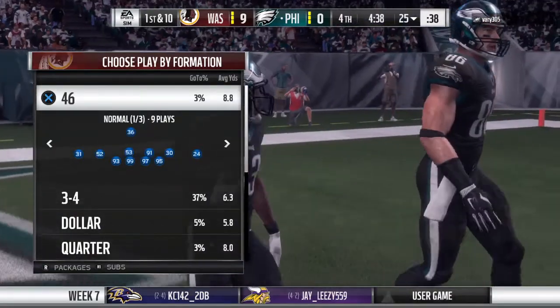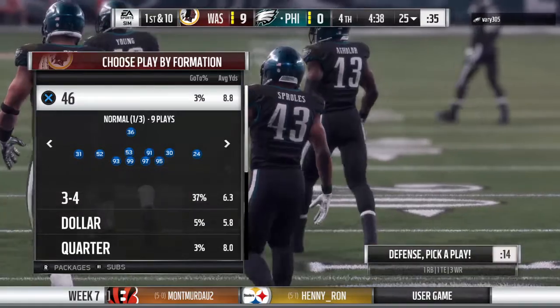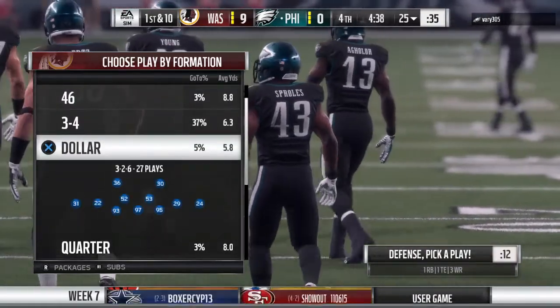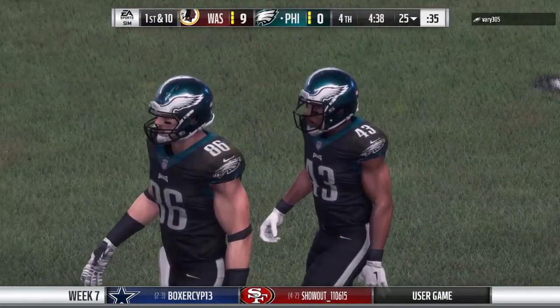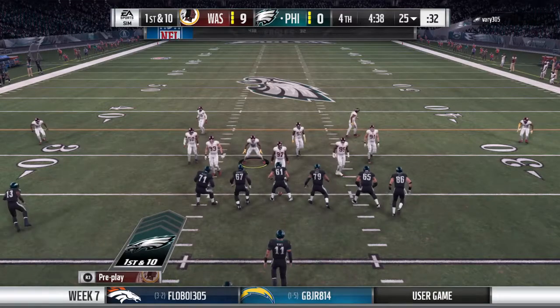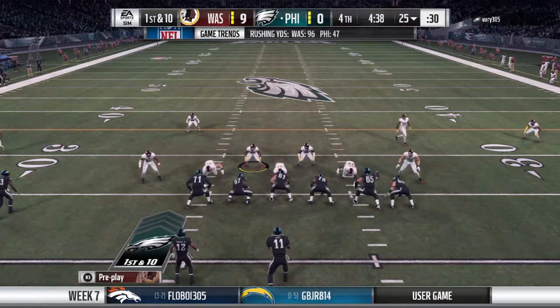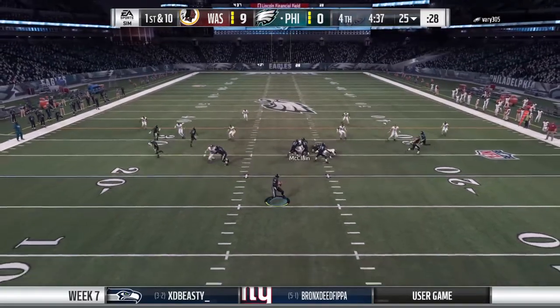The Eagles offense now gets set to head back onto the field. And last drive, 3 and out. Still a goose egg on the scoreboard. How do they break that goose egg? They've got to find a way to get the ball in the hands of their playmakers, get them some space, and try and make a first down and get some momentum going. It's been a struggle for them throughout the game, and that 3 and out on the last